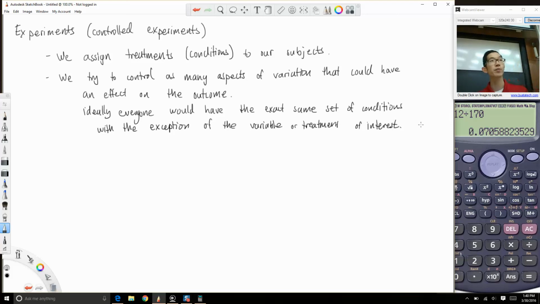Okay, so for example, let's say you want to know, does a certain medication help reduce high blood pressure? Now there are lots of things that could go into affecting someone's blood pressure, right? Their diet, the amount of exercise they have, their age, their weight, their gender, ethnicity, the amount of stress they have in their life, their occupation, all sorts of things could affect someone's blood pressure, okay? And so for an experiment, ideally,